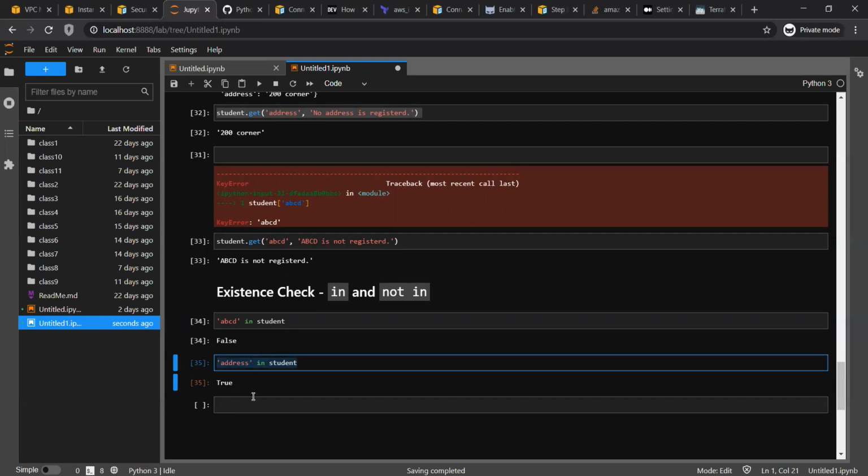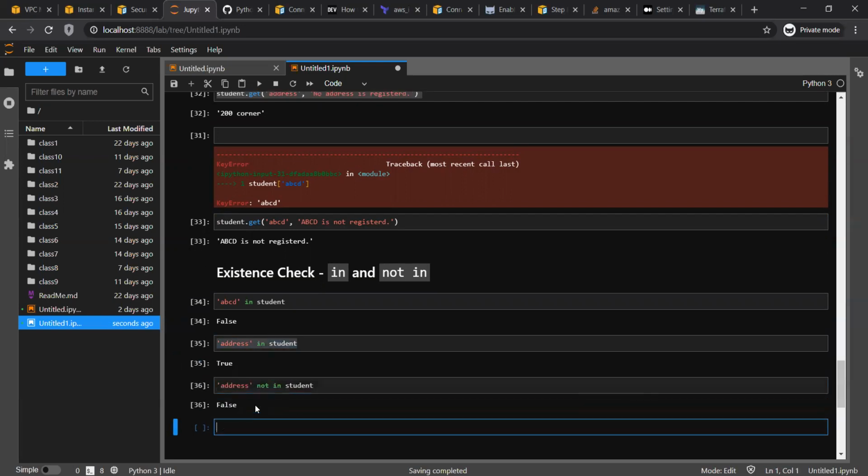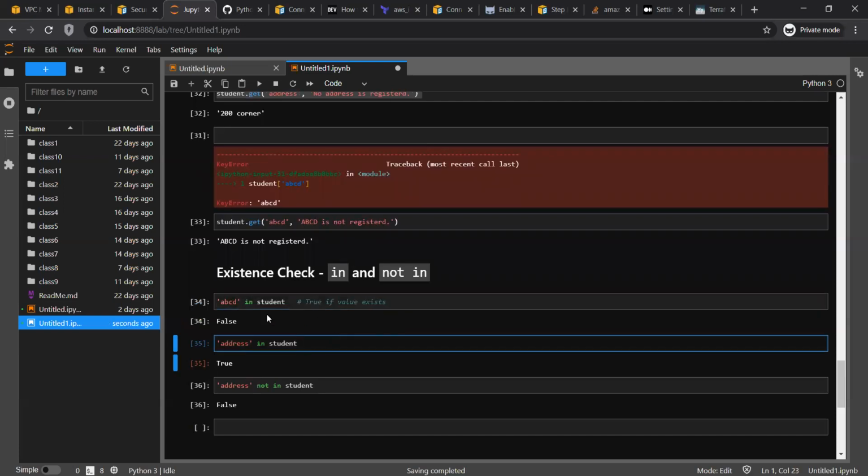The same way I can put a not in also. How does this work? If the value exists, it will return true, and if it doesn't exist, it will return me false. True if value exists, else false.